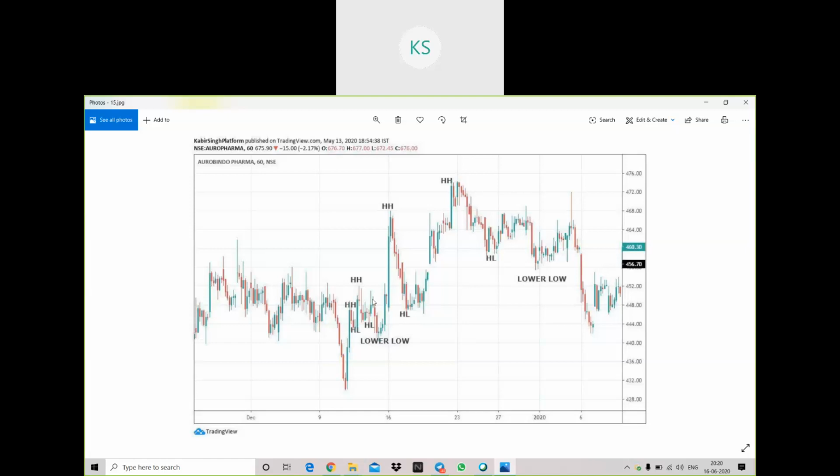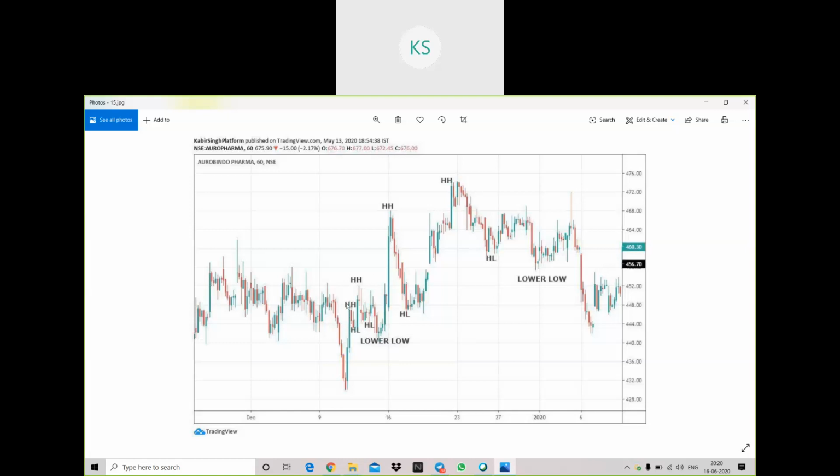Okay, so from here it has started. If you see, from this point it has gone and made a higher high. The higher high I have mentioned as HH here. This is nothing but a higher high, the short form which I have mentioned, HH. So you can just see this point as a higher high. From this point till this point, this was a higher high which it has made, then a higher low is made, then again a high is made, and a higher low is made.